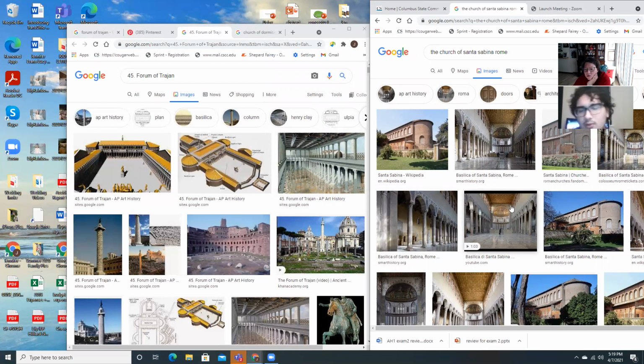I think in the lecture, when you showed us Santa Sabina, you mentioned that there's a three-something nave. Three-part nave elevation, probably, is what I'm telling you. I was going to ask what a three-part nave elevation means. Okay, so that means you've got this first elevation, which is the side aisle. You've got this triforium area, which is this blank wall in between the side aisle and the clerestory. So we call that a three-part nave elevation.